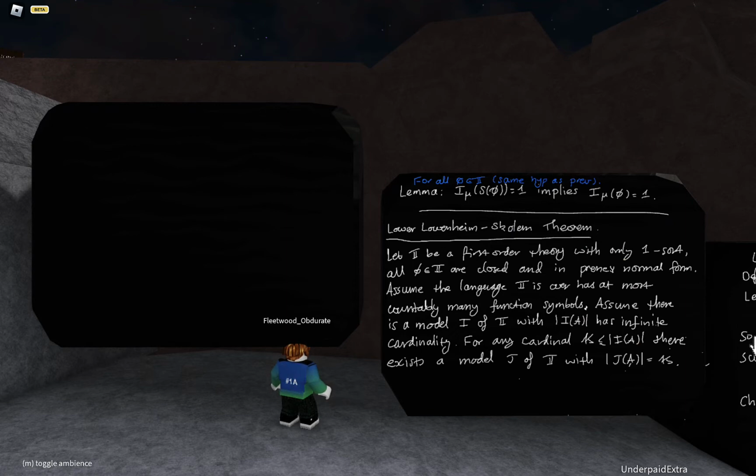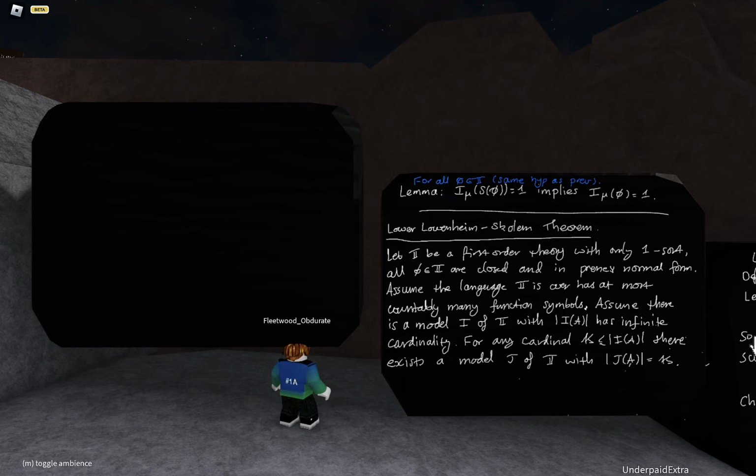Okay, so there's an upper Lowenheim-Skolem theorem as well, which gives us the general Lowenheim-Skolem theorem. But you can see why this is the lower one, right? We're just saying that if we have an infinite model, then we can get all of the cardinalities less than that model under certain hypotheses. So there are more general statements than this. Asking that we have at most countably many function symbols is just to make the statement and the proof a lot easier, but you can remove that hypothesis